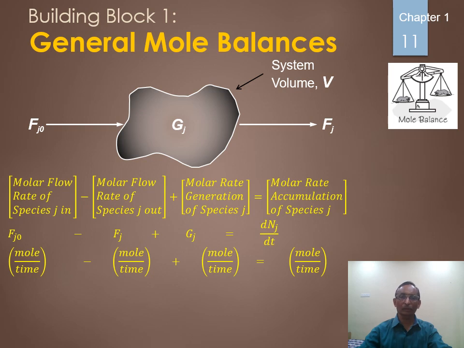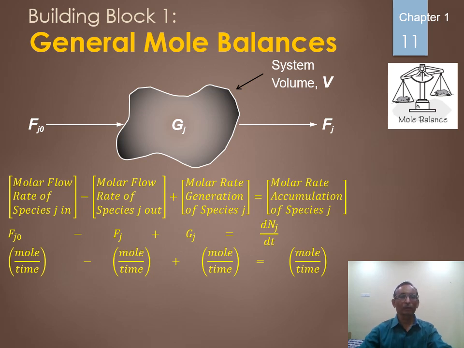Then the outlet of the reactor you get after the volume, after the exit of the volume, that is Fj or Fa. Inlet and outlet; the reaction is carried out in the system volume, something is going to be generated, something is going to accumulate. So you have to remember these four terms: inlet, outlet, generation, and accumulation. Generation here means consumption of A. A is going to be consumed for the production of B or product P. Then how much is accumulated? Your general mole balance equation defines that by taking help of these four terms.